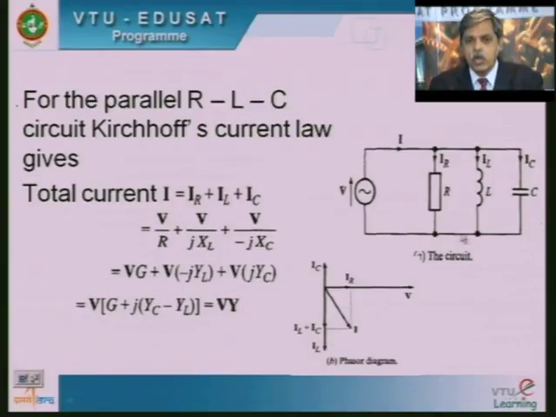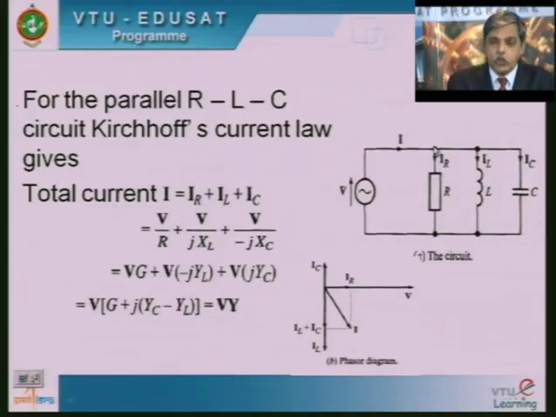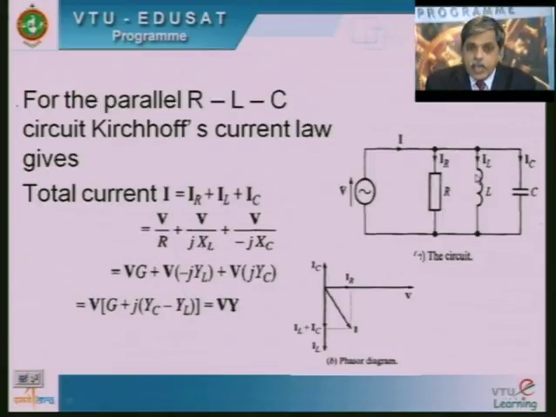These three elements are connected between two nodes. Both are the same node, as there is no element between them. Compared to this, the voltage will be at reference or 0, therefore I have the voltage at this point as the source voltage V. Since the elements are in parallel, this voltage gives a current IR equal to V divided by R. The inductance is also connected between these two nodes, so the same voltage gives a current IL equal to V upon omega L, where omega L is equal to XL.